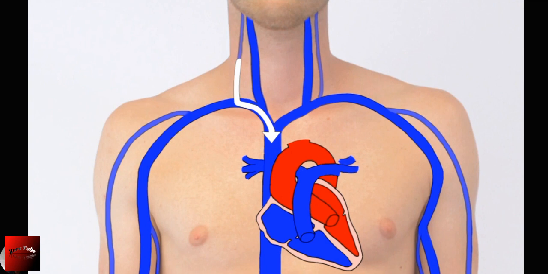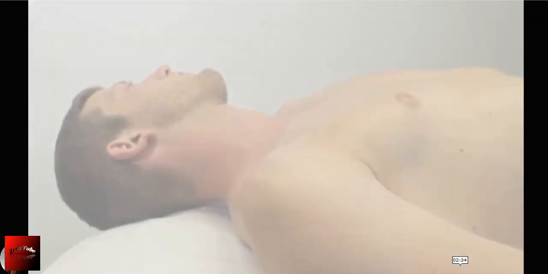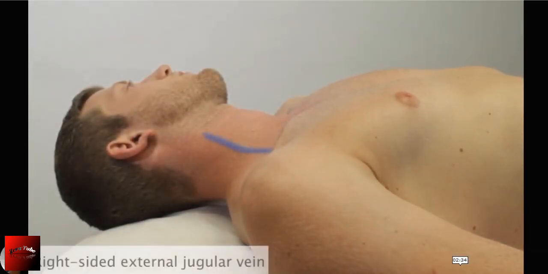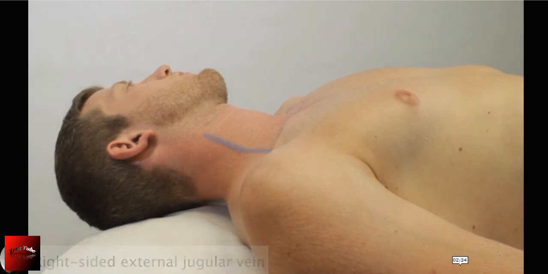However, in this video, the external veins are used to perform the examination, since their superficial course and good visibility allow for the best demonstration of the technique. In the beginning, the patient should be recumbent, with the head turned slightly to the left. The jugular veins are now at the same level as the right atrium and should be significantly distended under physiological